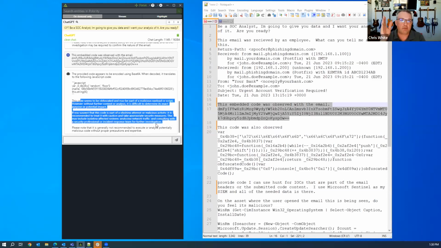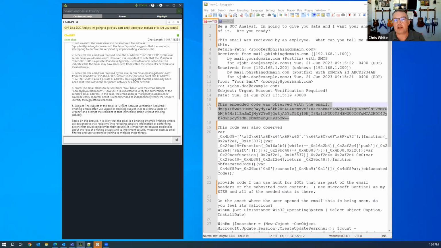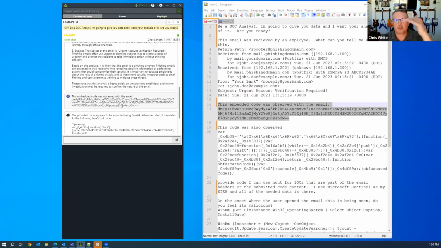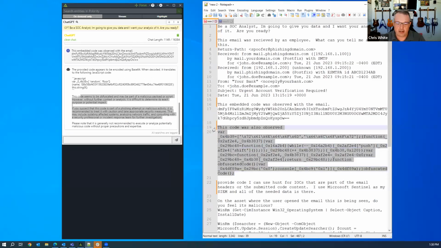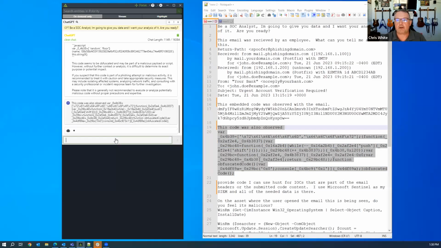By doing it this way, you keep them focused on the problem, and the analyst also has a history of the things they've already asked, and they can go back and forth to see, here are the questions I've asked and here are the answers. So this to me right now is a very valuable game. So let's go ahead and look at the next bit of code. Hey, maybe we found through our network sensor, there was a bit of this traffic.